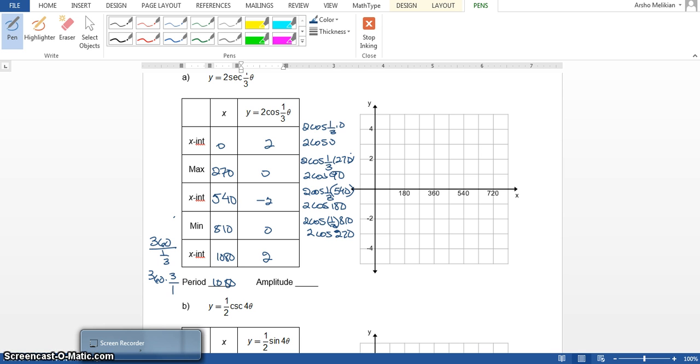Okay, so to graph this, I'm going to modify my axes one more time. I'm going to make this 1080, and this one 540, and this one 810, and here 270. Okay. At x equals 0, we're up at 2. At x equals 270, it's 0. 540